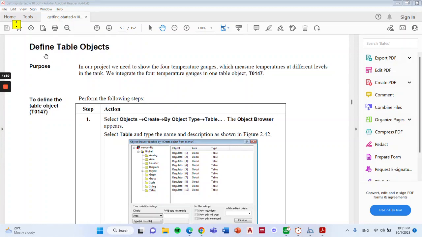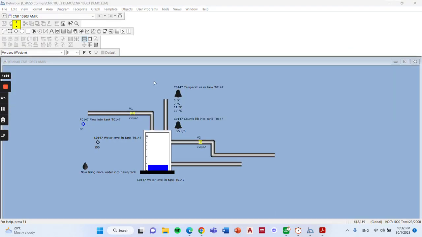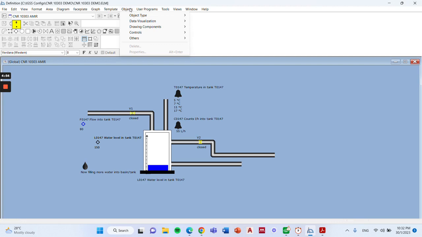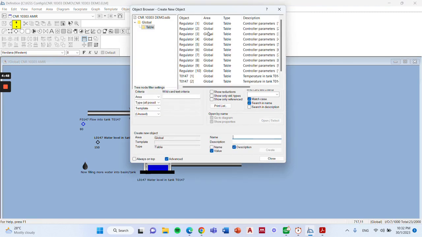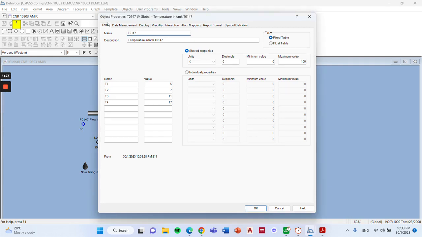So now we are going to define table objects. So go to the IGSS and then select object. On the object type, choose the table. Then when this object browser pops up, on the name, click T0147 and then the description with temperature in tank T0147, and then hit create. So these object properties for T0147 for temperature in tank will pop up, and then on the table tab you